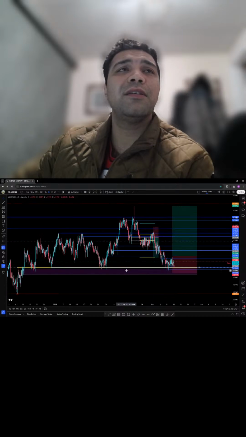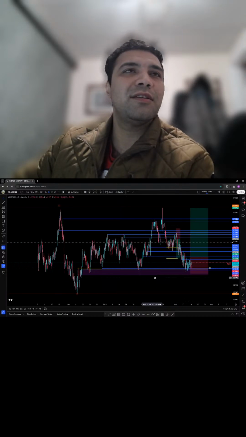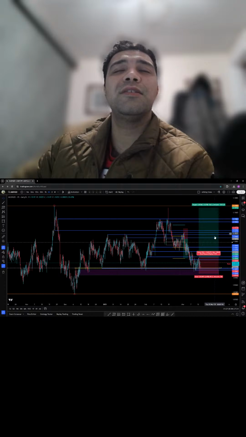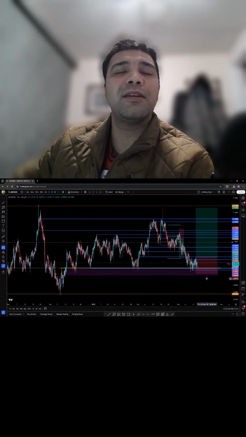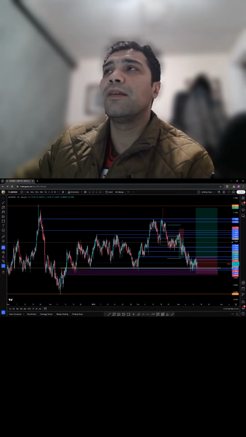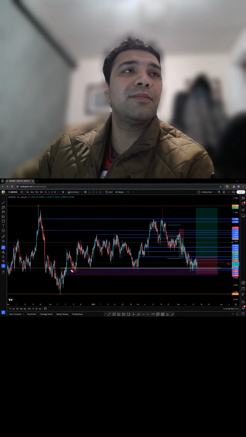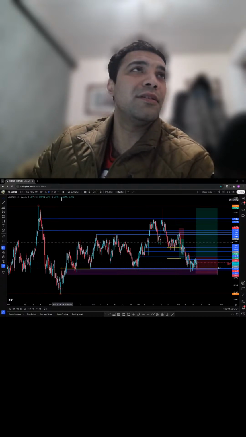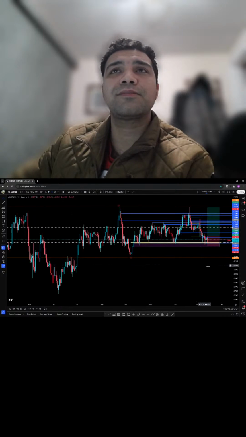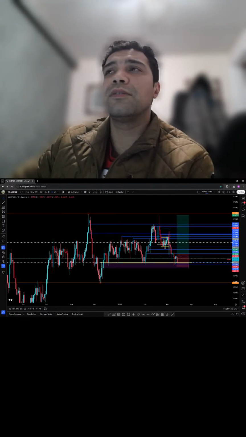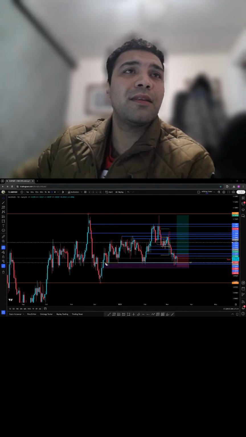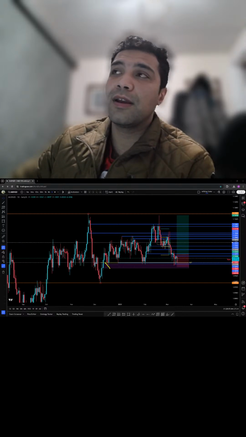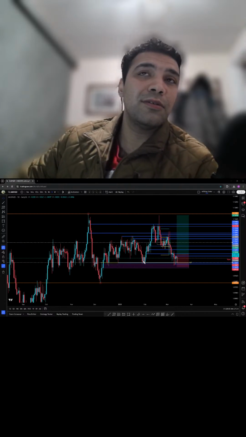And this is New Zealand, Aussie NZD right here. And Aussie NZD is basically the trade which I've actually taken in reality. So the thing which triggered me right now is that we can see this order block right here. So this trade is more clear on the daily time frame right here. So this is how it is looking. I'm only talking about technical right now,